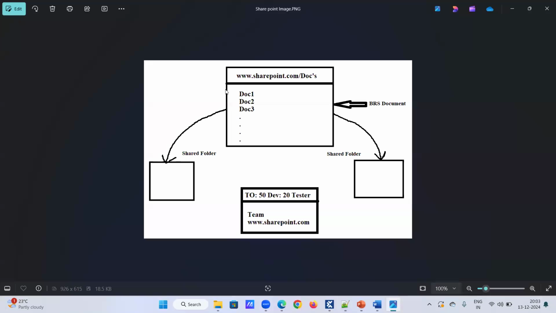So once the BA team has designed the documents, right, they will upload the documents into SharePoint and send the confirmation mail to both the development team and the testing team along with the location of the requirements in SharePoint. Okay. And once we get the confirmation mail, test lead will log in into